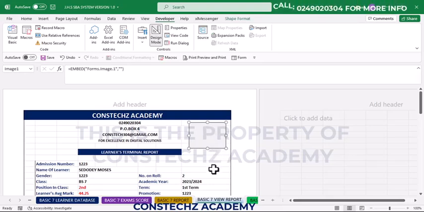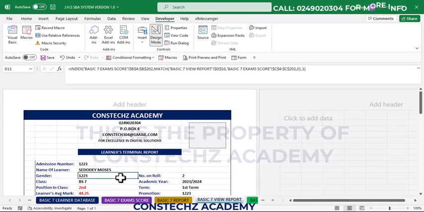You put it here like this. Okay, so you put this image over here, and it will be like this. You put your school logo over here. Now after you are done with that,